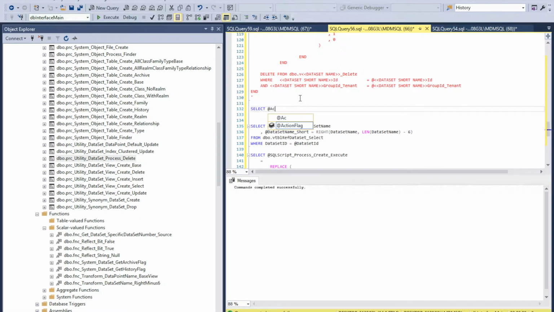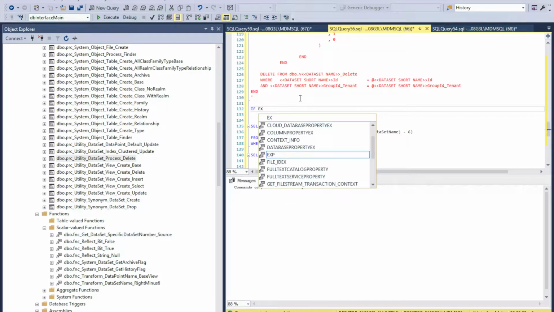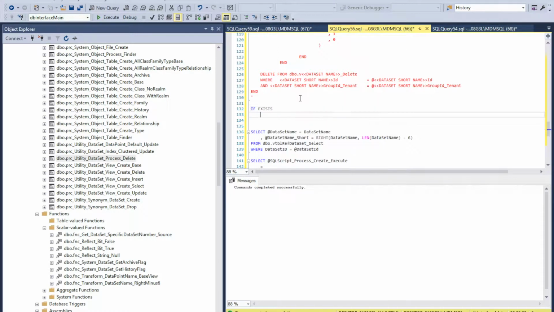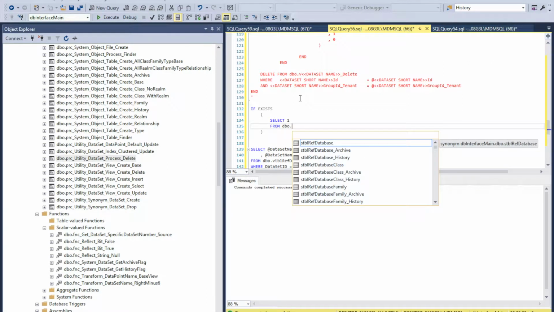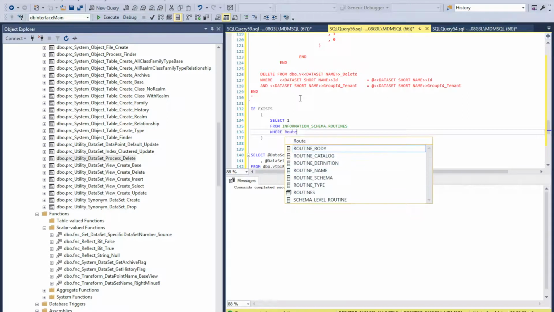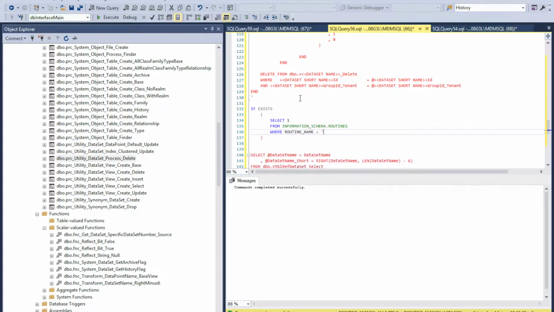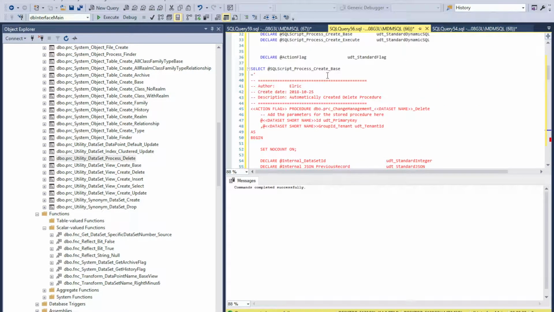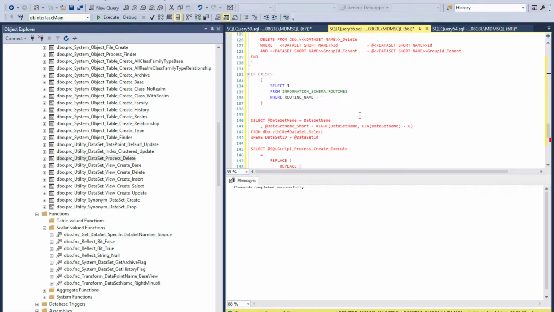And select the action flag equals, actually, if exists, select one from DBO.Information_Schema.Routines where routine name equals, I could just go up here and copy my procedure name, but remove the token,